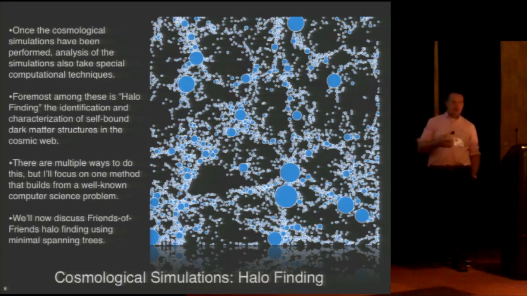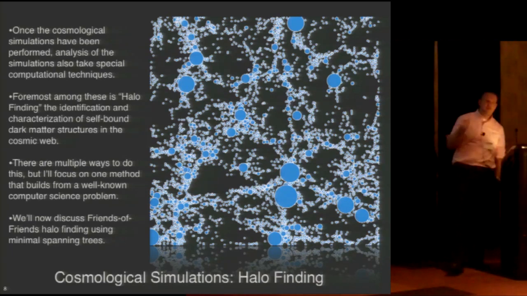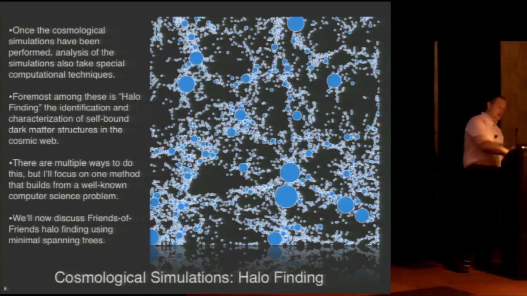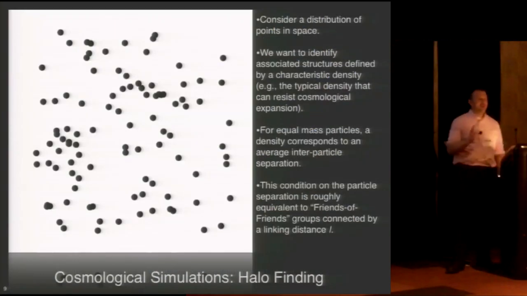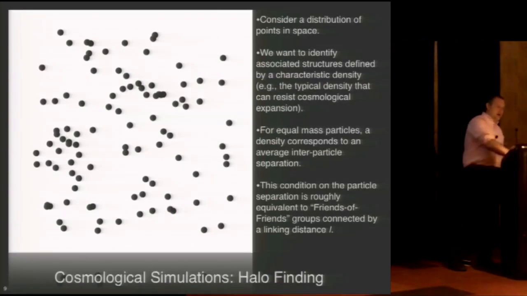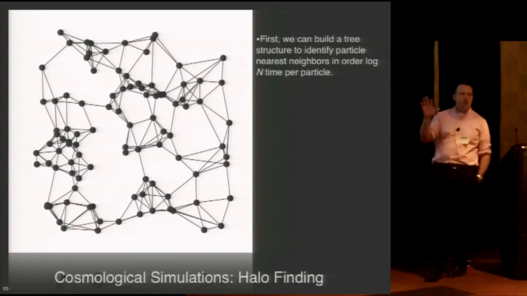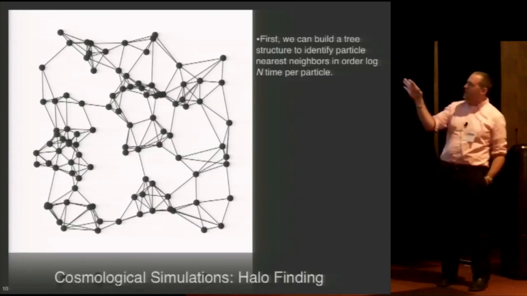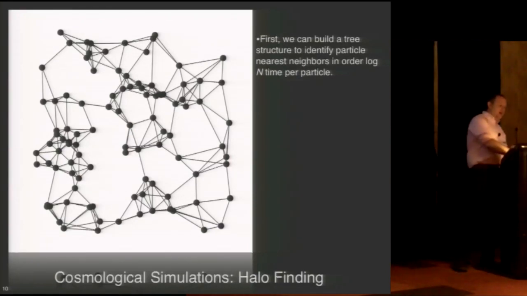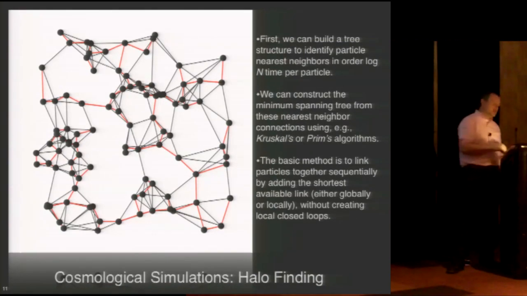And so we might want to, in order just to do the data analysis requires supercomputing tools alone. So here I've just highlighted all of the halos in this simulation, but you might wonder, well, how did I find these halos? And we really just use a very simple technique called a spanning tree. So basically if you think about the particles in our simulation, here I've just made a diagram of connecting different particles in a cosmological N-body simulation. We can identify the minimal spanning tree associated with this connection of particles.